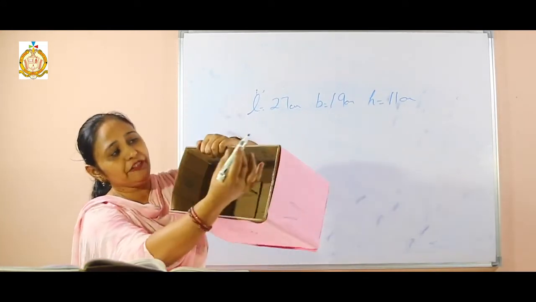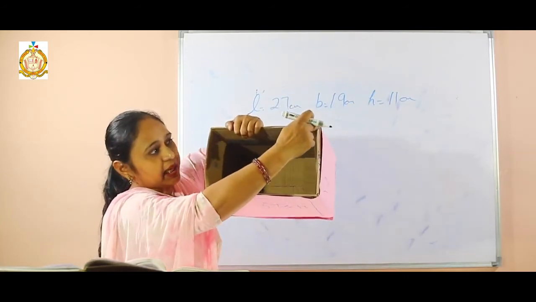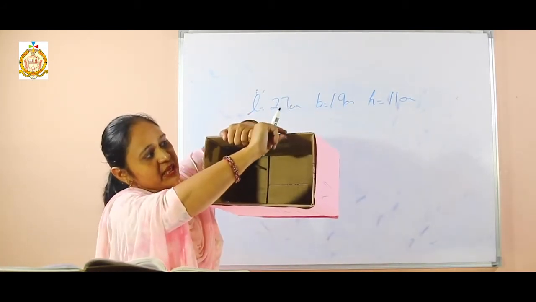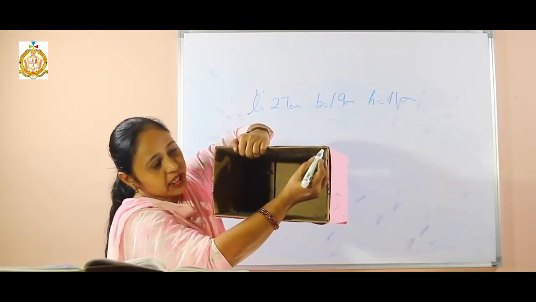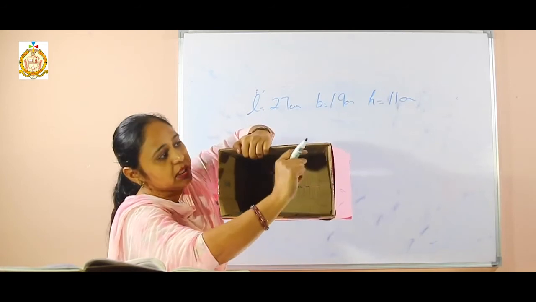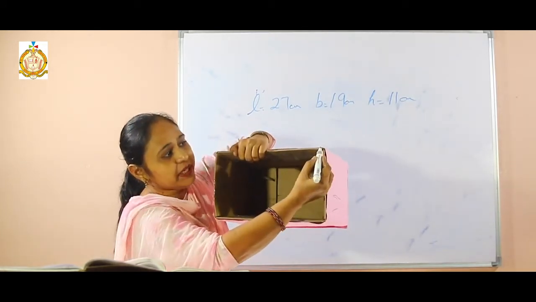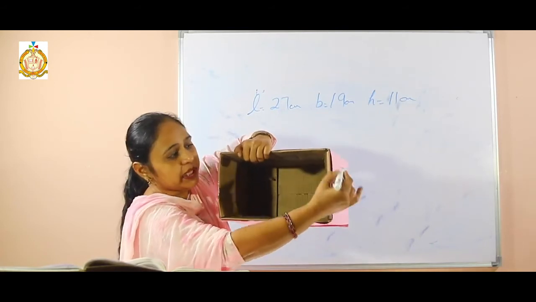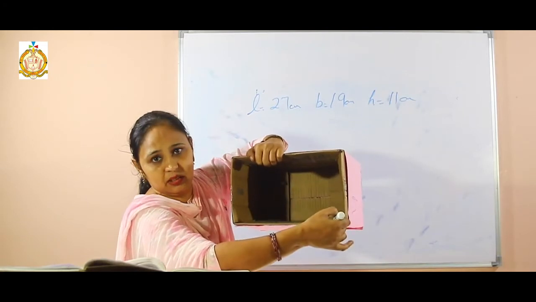see, if I start from this point to this point, these are called the external, but there is some thickness of this cardboard. That means internal will start from here to here. Some thickness is there, that is given 1.5. If I subtract this thickness from the external one, what will be left? There will be internal. Clear?